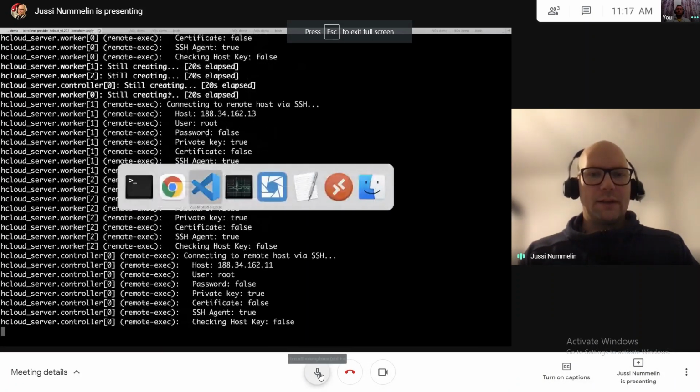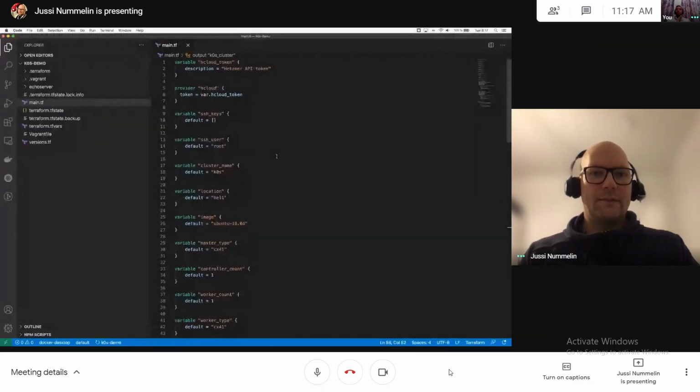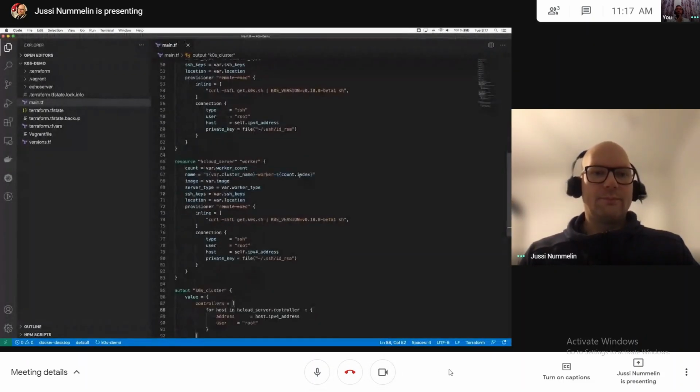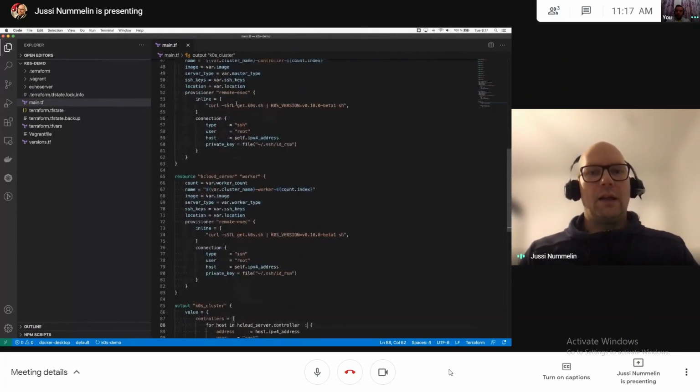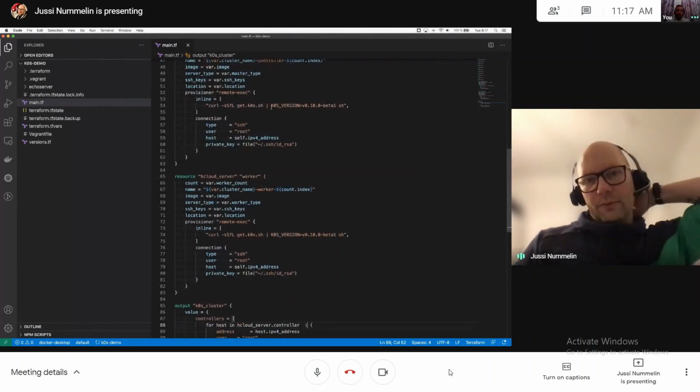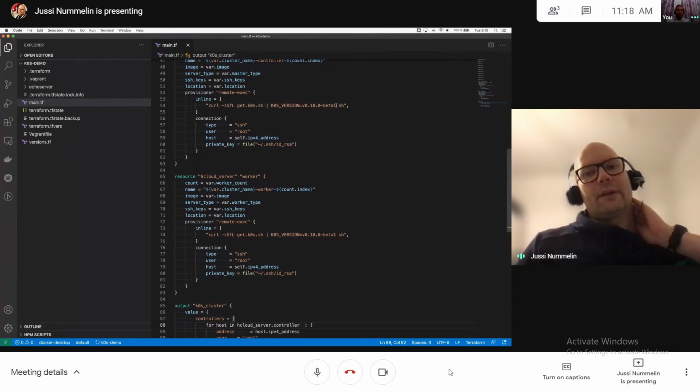The Terraform stuff is nothing special. There's just controllers, there's just workers, they are just small virtual machines. And what I've done is that it actually runs a script to get me the K0S binary in place as part of the provisioning.